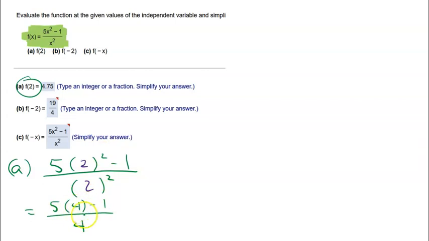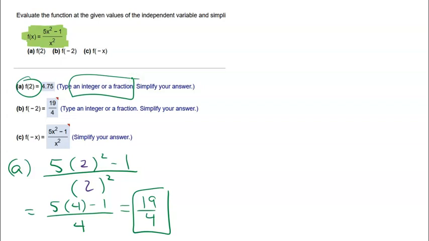Now, please don't cancel these 4s. You can't, because you've got to do order of operations. 5 times 4 is 20. 20 minus 1 is 19 fourths. Unless they say, write your answer as a decimal, then the 19 fourths is the appropriate answer. And notice it says type an integer or a fraction. So that's really what we're after there. All right, on B,